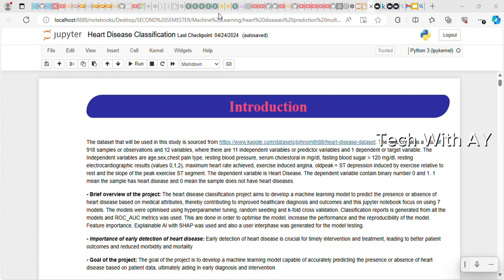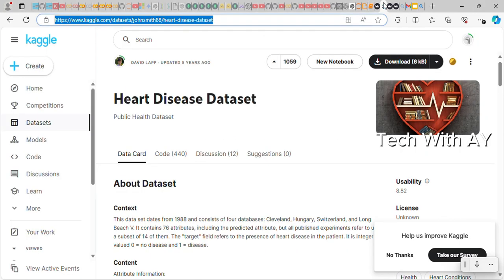We're going to be using this Kaggle website. We're going to be getting our data sets from this Kaggle website, and of course, it's actually here. All right, this is the heart disease data set. We're going to be getting our data set from this website by downloading it into the directory that we are using